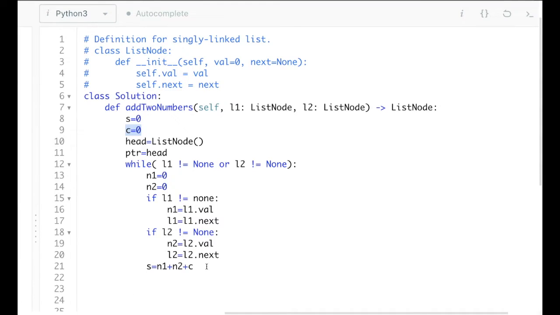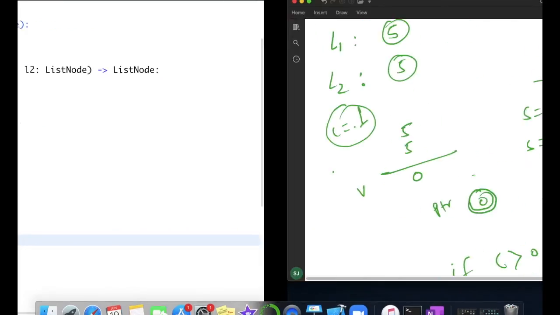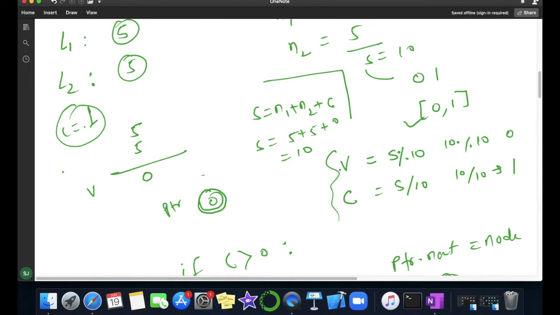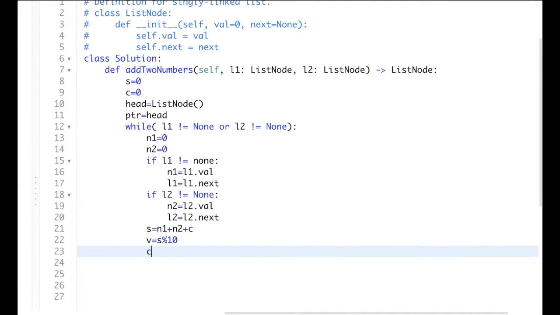Now we have n1 plus n2 plus c. Now we have to take the v value and the c value. So v equal to S modulo 10, and my carry will be S divided by 10. Okay.